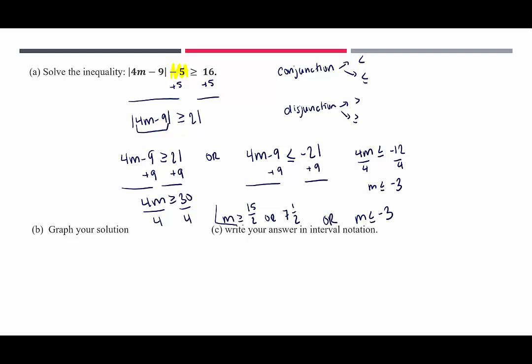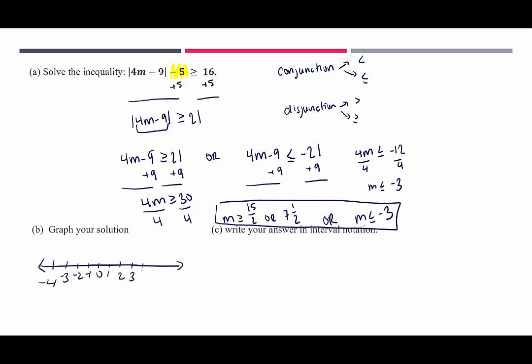This is step 1. Now step 2 says, okay, graph your solution. So let's see, I need 7.5 and I need negative 3, so I need a fairly big number line here. I'll go negative 4, negative 3, negative 2, 4, 5, 6, 7. Let me get rid of this arrow if I can. Great. 8. Okay. Negative 3, and we use a closed circle because negative 3 is itself a solution,